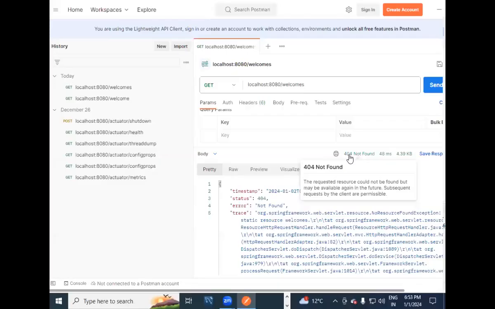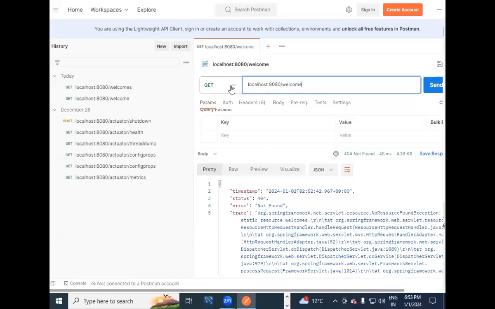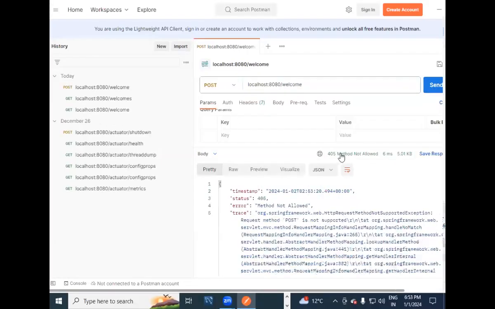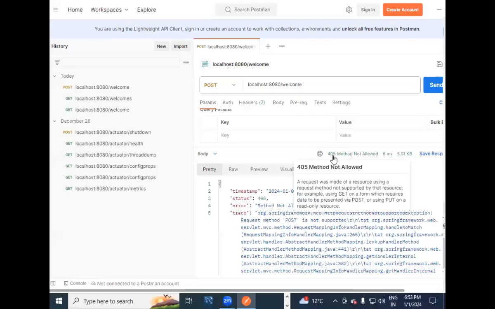Okay. Now let me do one more thing. Welcome only. Let me make a post request. But actually it is mapped to which request? Get request. But what request am I sending? Post request. Click on send. Then what is the status code I am getting? 405 method not allowed. Boss, in the provider, that method is mapped to get request, but you are sending a